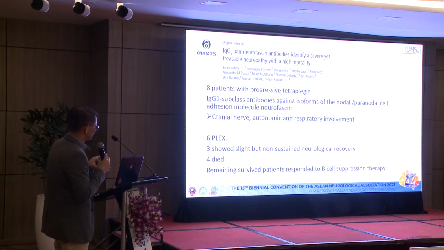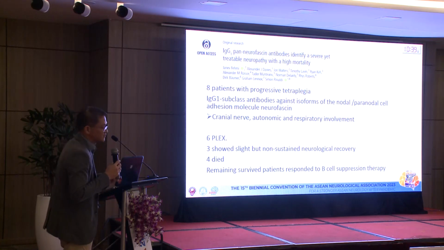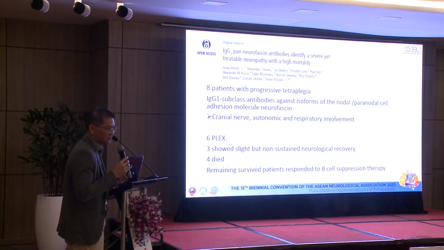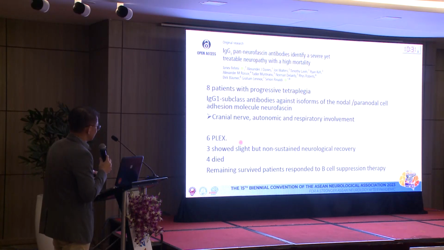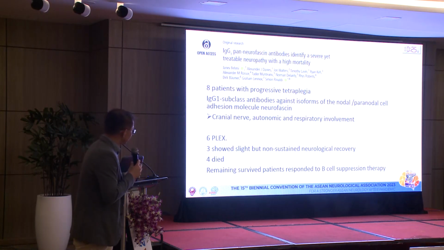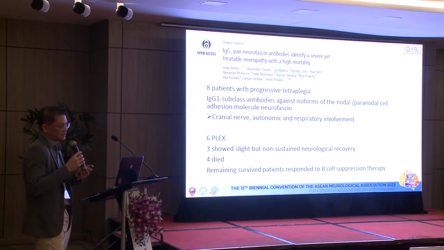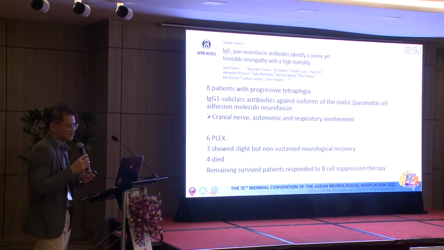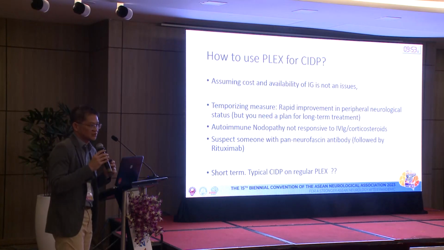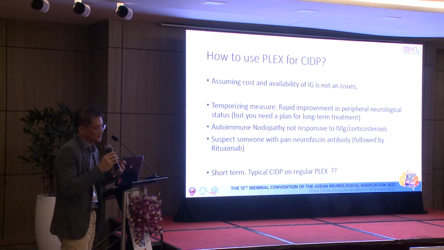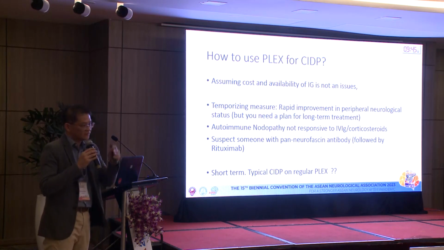So in this study, they looked at 8 patients that had this IgG1 pan-neurofascin antibody. They are very rapidly progressive, and the majority of them, if you don't treat, will pass away. 6 of them actually had plasma exchange, and 3 of them showed some improvement, but non-sustained. But following the plasma exchange, when you treat them with B-cell suppression therapies, they improve in terms of outcome. But of course, 4 of them died. You use plasma exchange in these kinds of conditions where you can achieve a rapid clinical improvement while waiting for the next plan